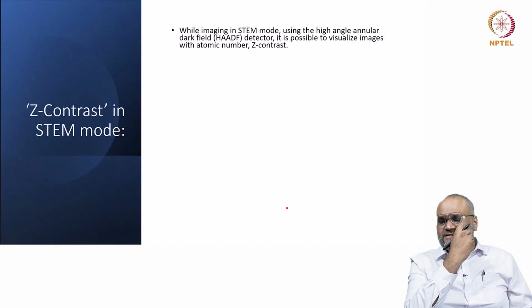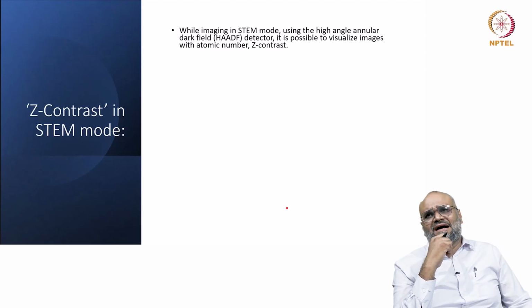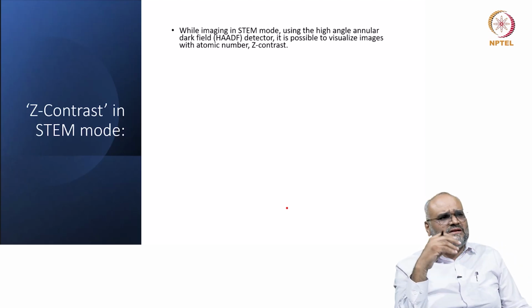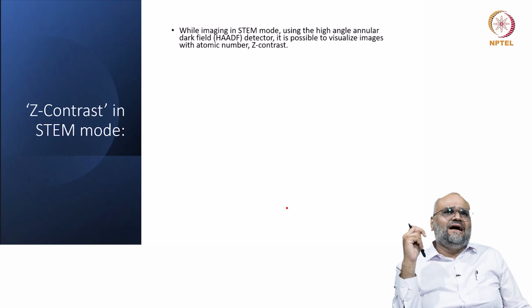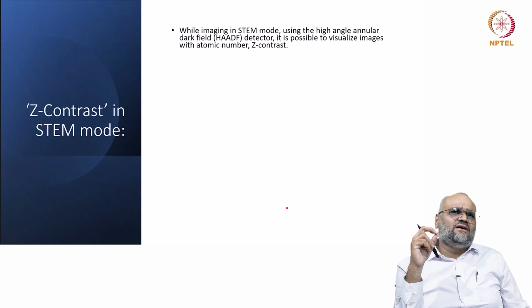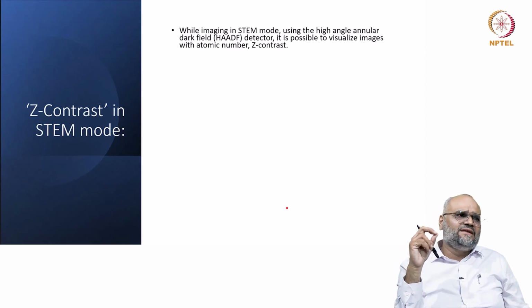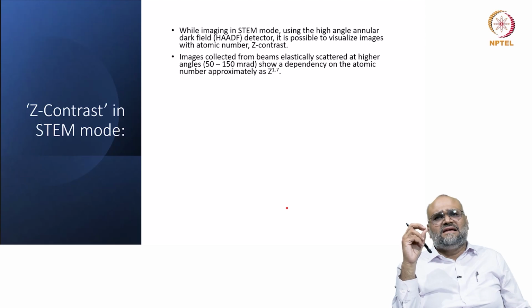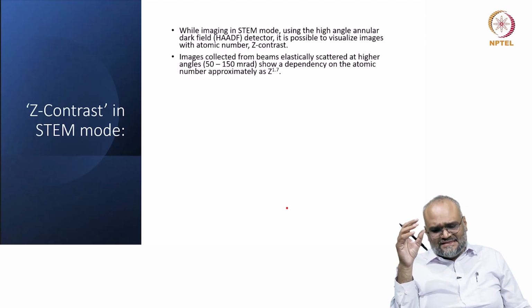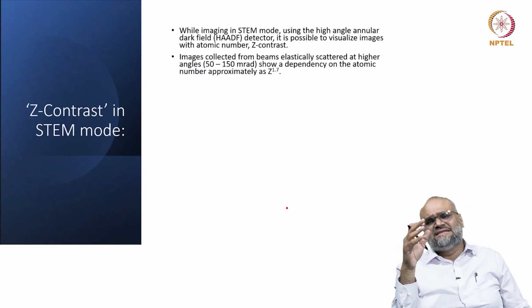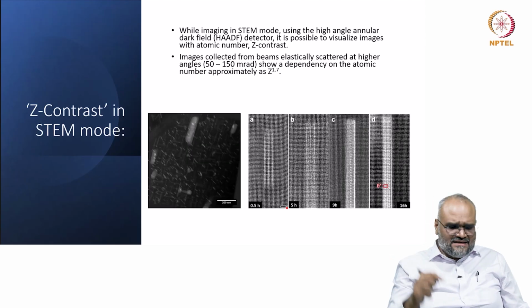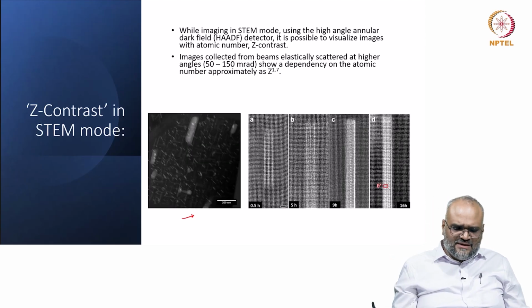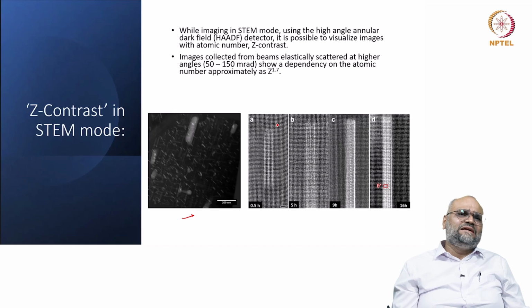So while you are imaging in STEM mode, by using a high angle annular dark field detector, you can visualize the exact positions of the atoms, and the intensity that you record is now strongly dependent on the atomic number. So typically the images collected with the elastically scattered beams at higher angles show a strong dependency, and this is an annular dark field image which simply shows you the variation of intensity